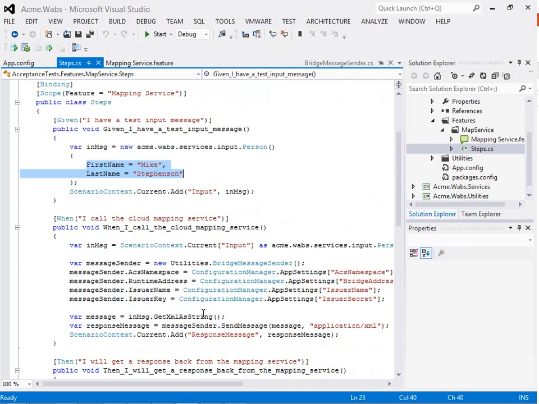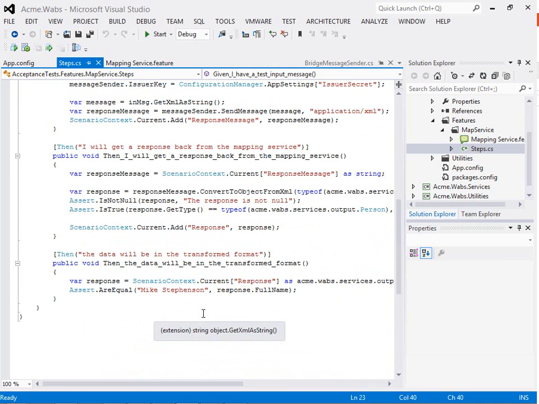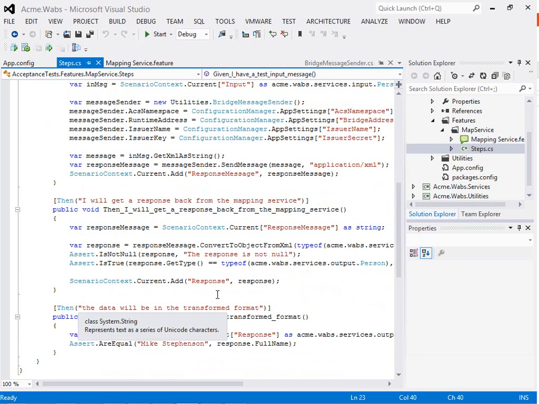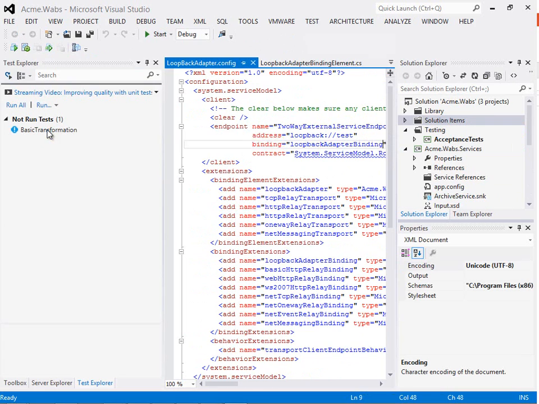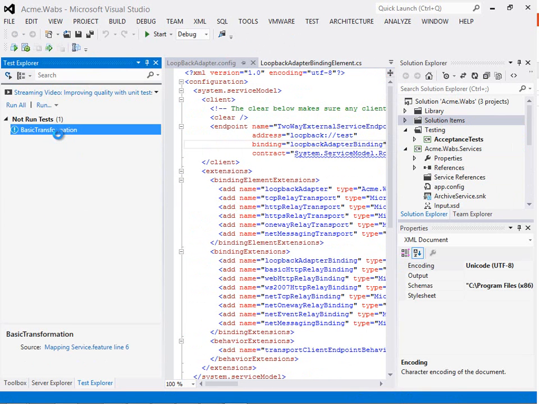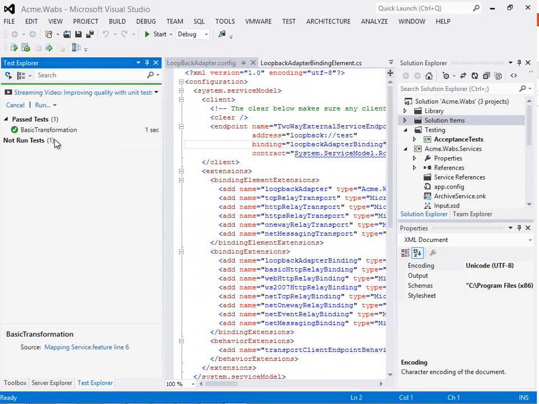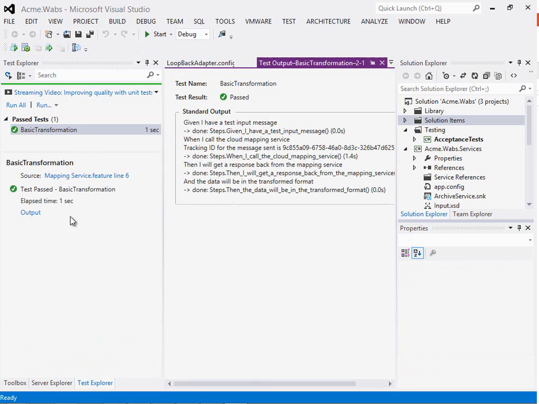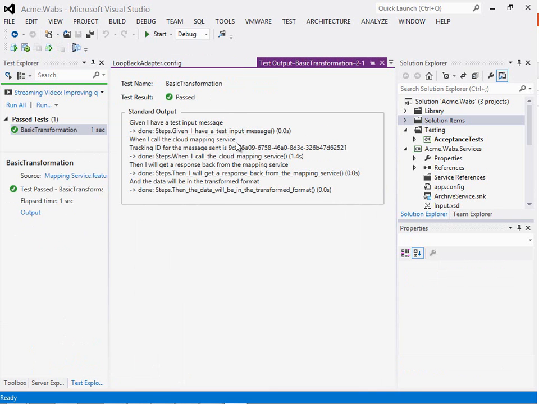So you can see that basically is a pretty straightforward test. And if we just have a quick demo of that in action, we just run the test now. That's going to go and call the bridge in the cloud, transform the data, and we'll see that we got a successful response back. And if we check the output here, you can see the details from SpecFlow just confirming each step was executed successfully, and we got a good